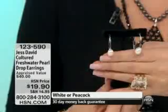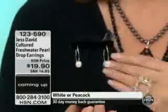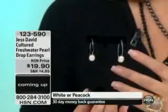If you're new to Jess, David, this would really be the best place to start because it's really where you started in jewelry design. He's known for his gorgeous pearl jewelry. These earrings, and the thing that impresses me most, you know, pearls are judged by many different